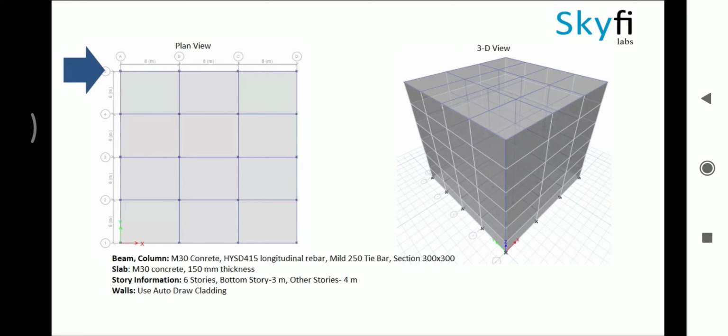In the 2D plan view, you can see the beams are placed in the form of a grid with columns at each grid intersection, and the slabs covering the areas within the beams. So in order to draw the building in the software, you can form a grid exactly like the building plan and draw the elements on it. You need 4 grid lines in the X direction at a spacing of 8 meters and 5 grid lines in the Y direction at a spacing of 6 meters.